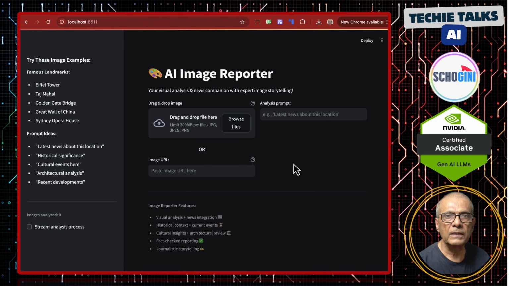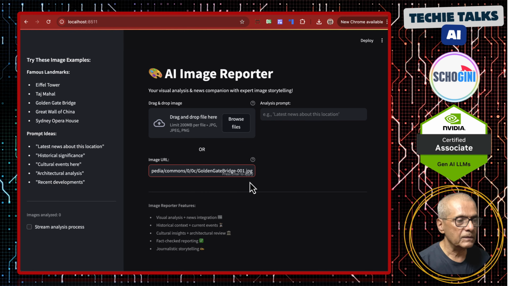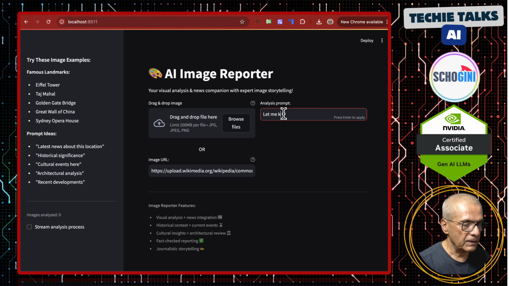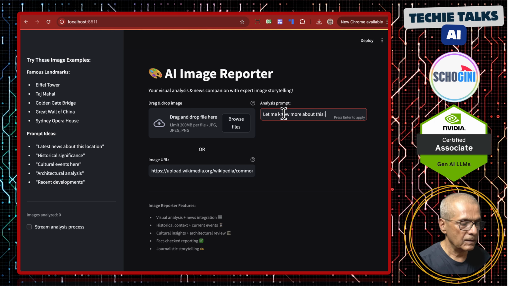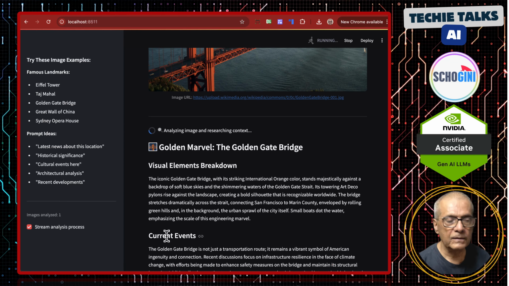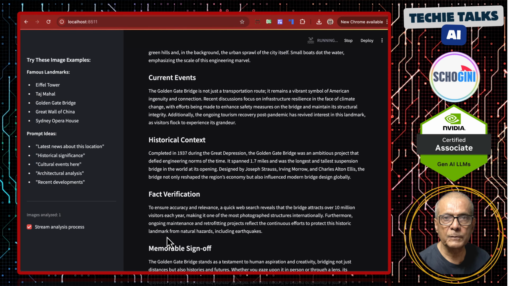So let's try out the image reporter. Let me paste the URL to an image and say, let me know more about this image. So it is displaying the image. It is the Golden Gate Bridge, and it is giving us all the items that we have specified in the